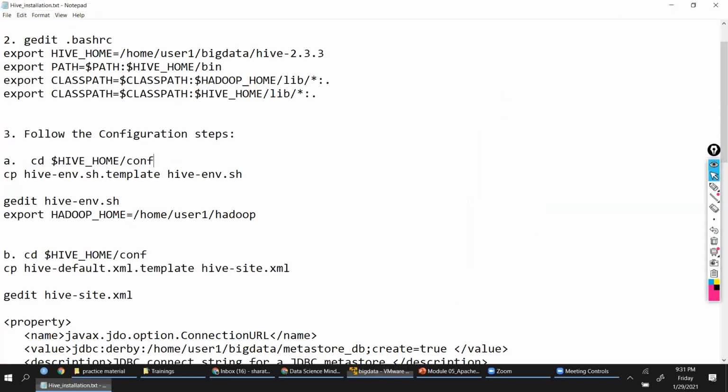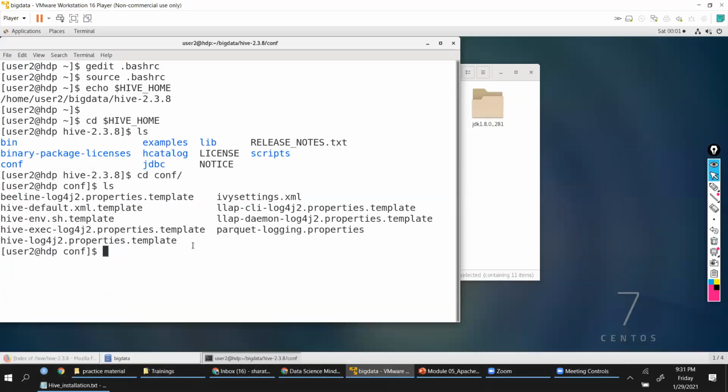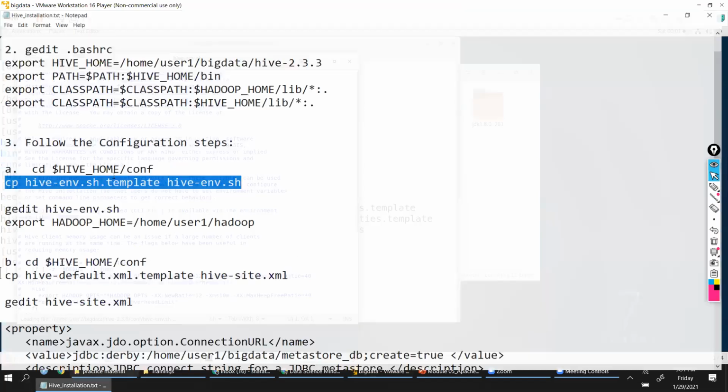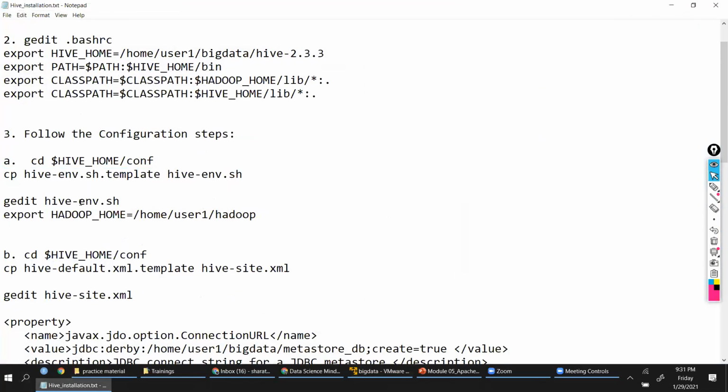Now I would have to copy that file into hive-env.sh. cp hive-env.sh.template, you're copying this to hive-env.sh. We will open this file. We have opened hive-env.sh and we have to set